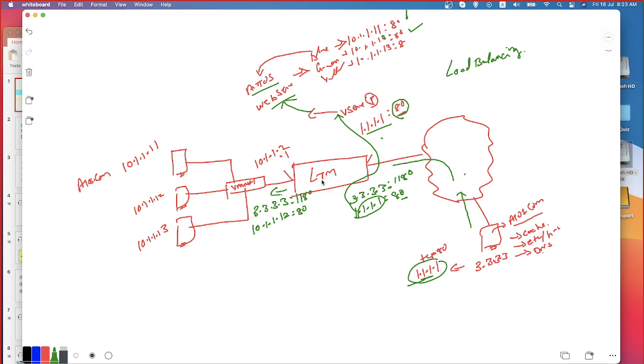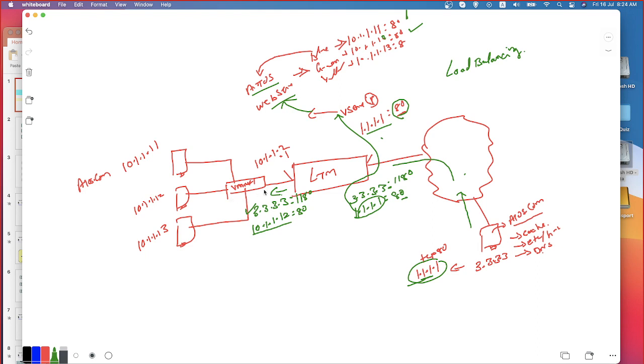The point here is the load balancing technique is the key component with which the server has been chosen. So once the server has been chosen, the request needs to be forwarded through the internal interface. While I'm sending the traffic out via my internal interface, I will keep the original IP address of the received request, whereas the destination IP address is going to be translated to the chosen server's internal IP address. So the received IP address is 1.1.1.1, whereas the request is going to be forwarded to 10.1.1.12, and the port number is also going to be 80.